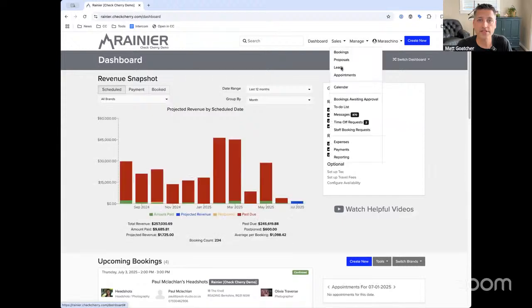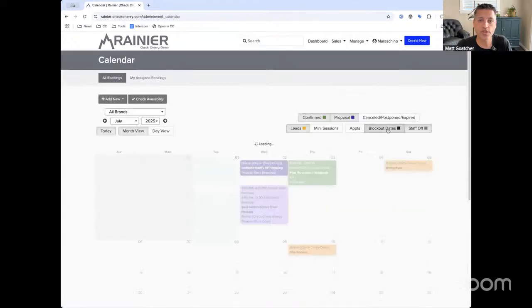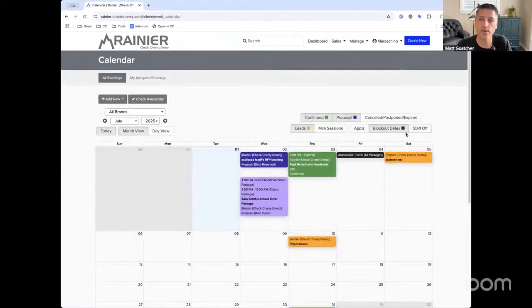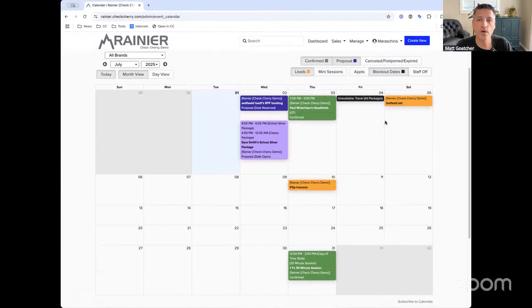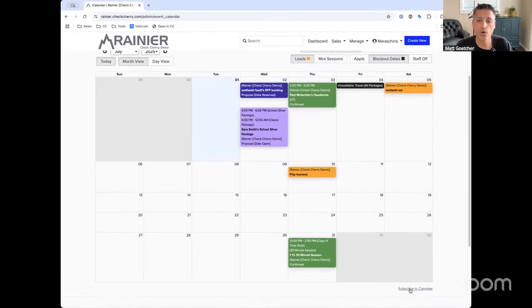So, kind of the next thing, I think. With the blockout dates, that's great. You can enter stuff manually, if you're going to be out of town for a few days, things like that. It's helpful. The other way you can do it, though, is to link your calendar. And so if you click subscribe to calendar,